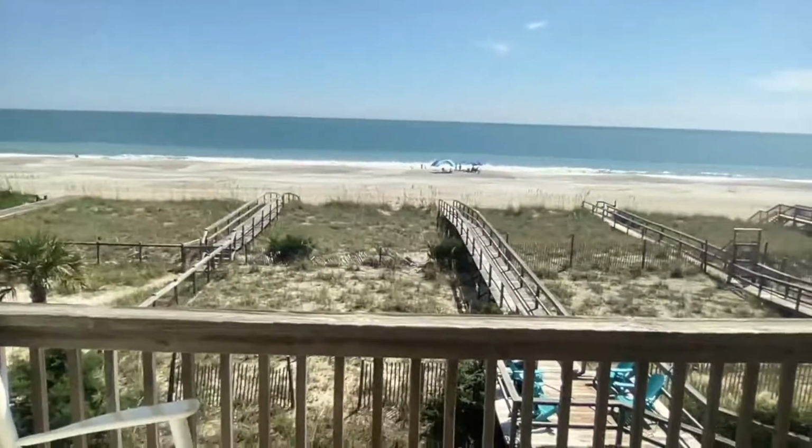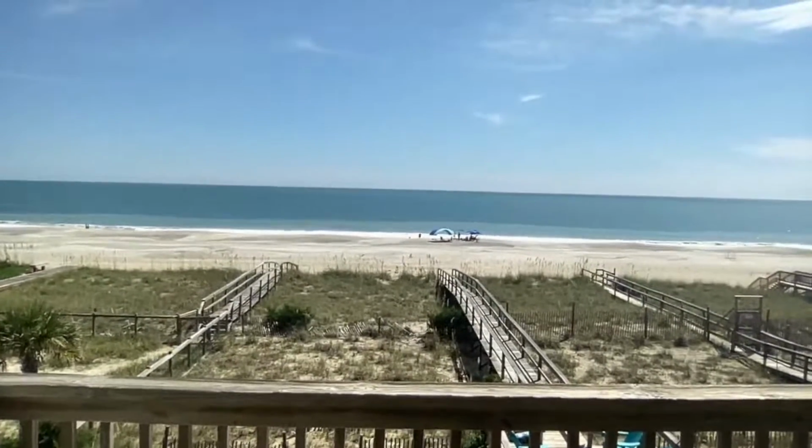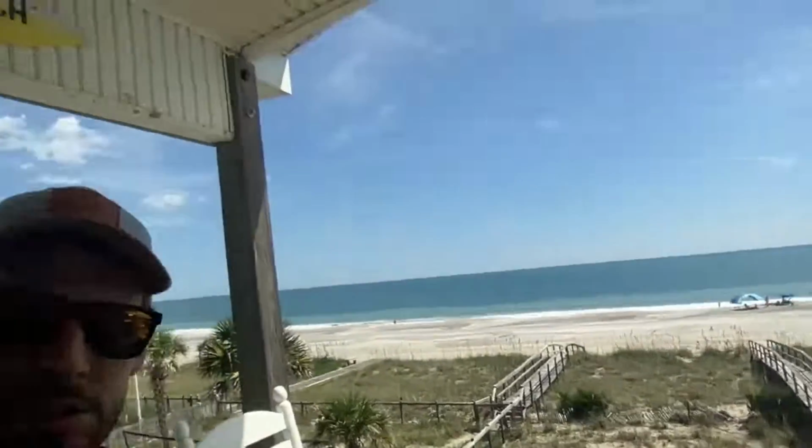Here's a little view of the beach which I'm having off to my left here, and yeah, it's been a good session so far. We made a lot of progress with the migration, which I was actually kind of surprised about how quickly things were going, which is pretty fun.